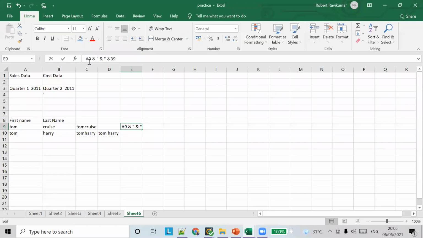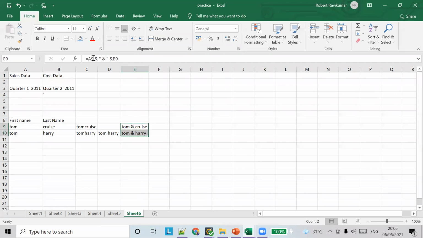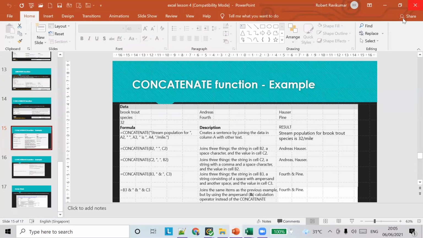Okay, I didn't give the equals sign. You have to give equals. We use ampersand to use the formulas. So I've used equals A9 instead of using the concatenate formula; I've used ampersand here. The formula here is A9 ampersand. Ampersand is addition, so we're going to add the string. If you want, you can change it to A and D, and B9. This is another sample we are doing with another type of concatenation, without using the concatenate formula.